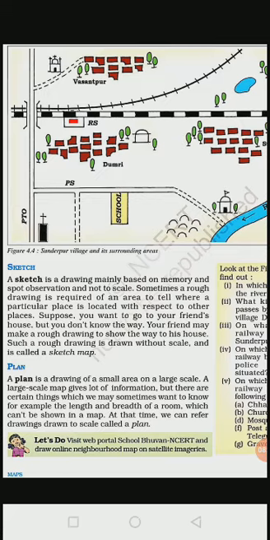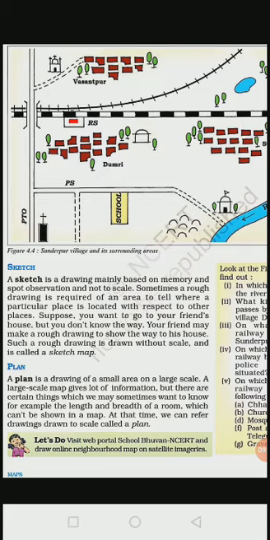It means that if you don't know the road to your friend's house, at that time your friend may make you a rough drawing to show the way to his house. Sketch means rough drawing mainly based on memory without any scale.